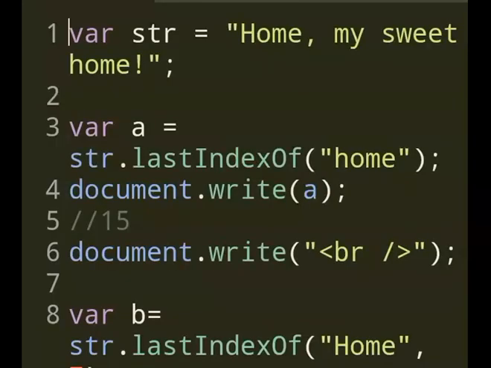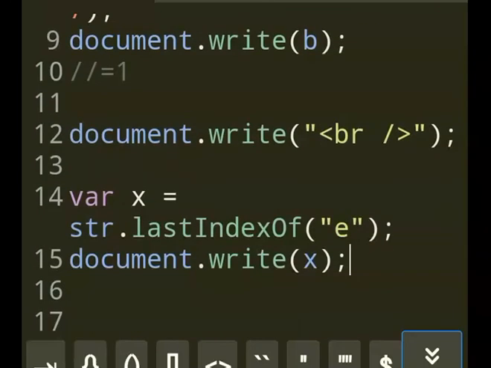So did you understand how it's counted? Now I want to show you the same thing. So this is the lastIndexOf example. Now I want to show you the same thing with the second parameter or argument, whereby the second parameter or argument is that particular position from which you start the search, as I mentioned earlier. So let's say you want to start it from position 10. Okay.